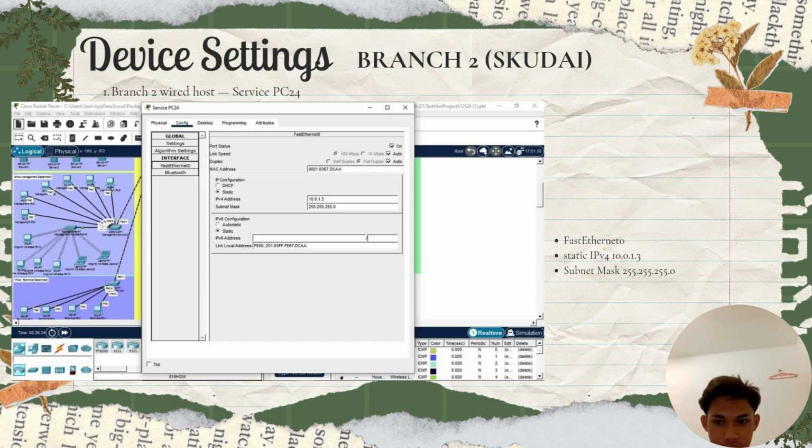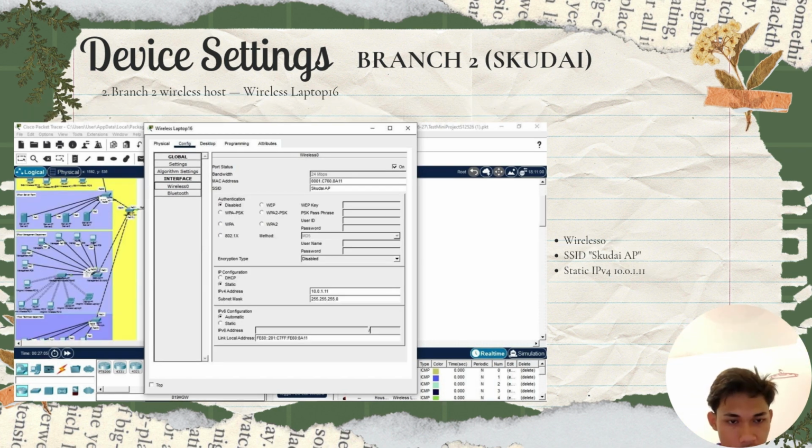The first configuration will be the wired host in the Skudai service department, which will be the service PC24. This host connects through FastEthernet0 with a static IP of 10.0.1.3 and subnet mask of 255.255.255.0. The second branch 2 configuration will be the wireless host, which in this case will be the wireless laptop 16. This host connects to Wireless0 with SSID Skudai AP with static IPv4 of